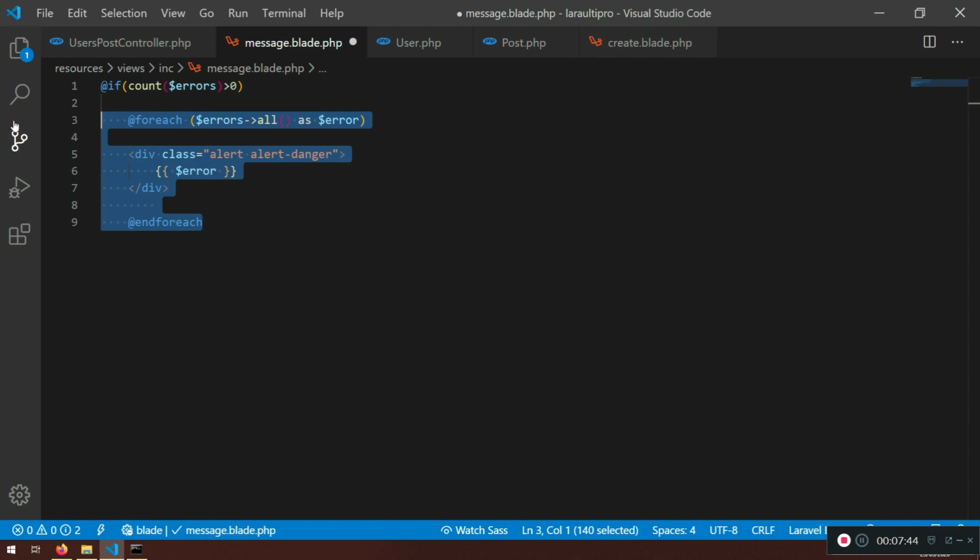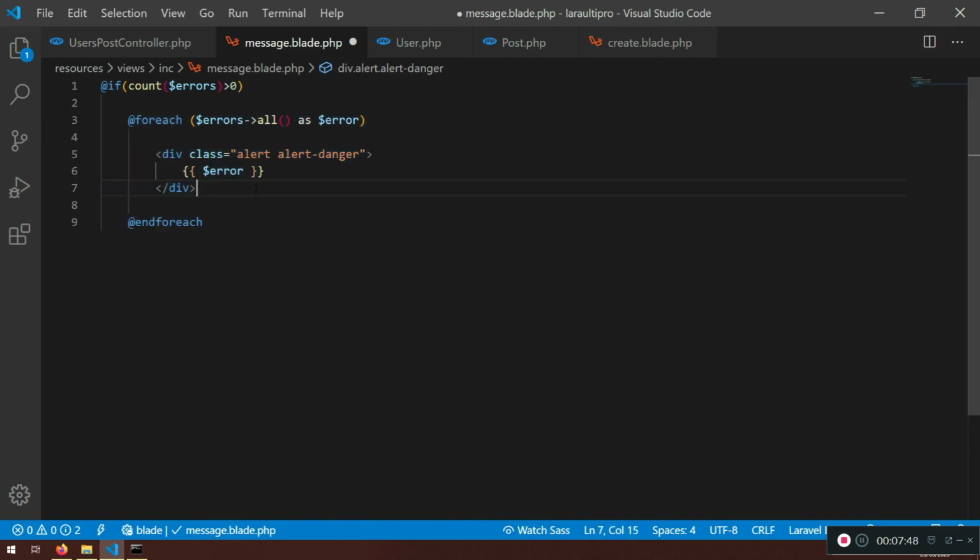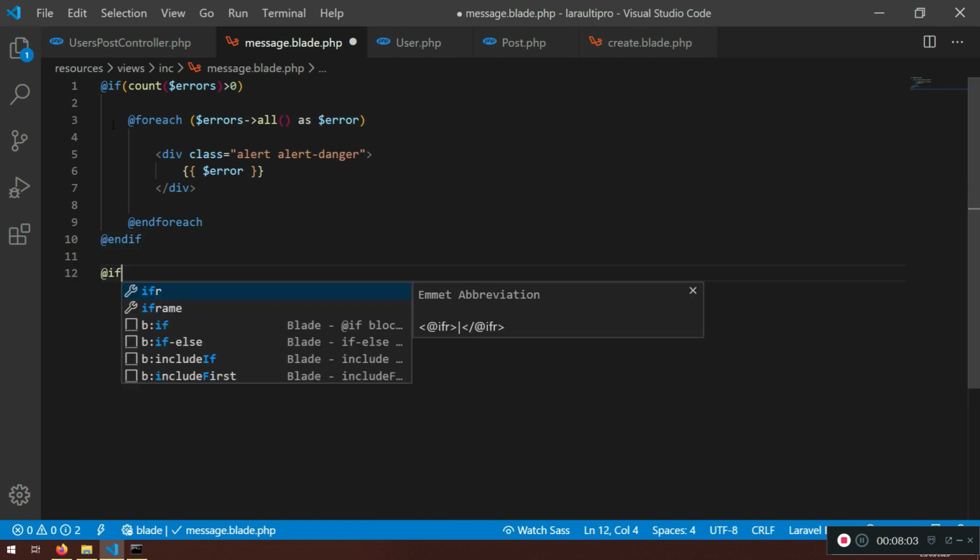So what we can do, you can shift it like this to make it a little bit nicer. Now here we need to end this. We started this if, we need to end it. End if. Very good. Now, if we want to check for the session message, which we will do here, if session,